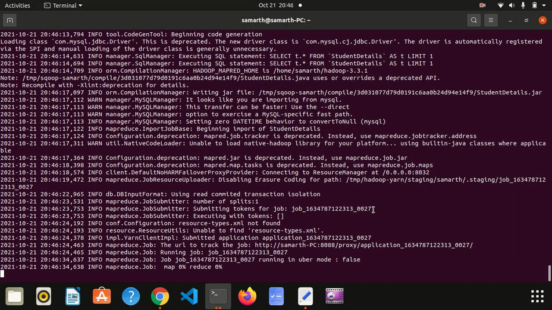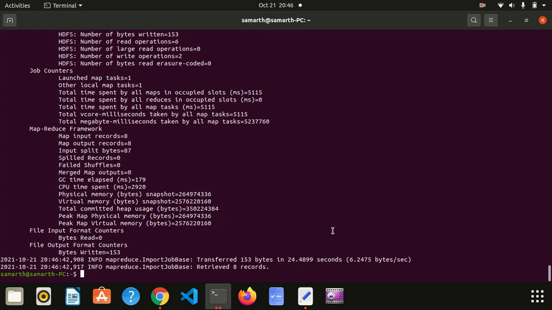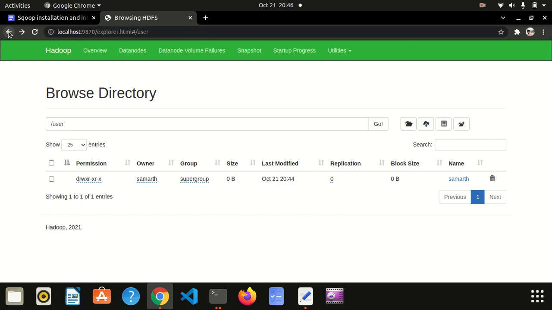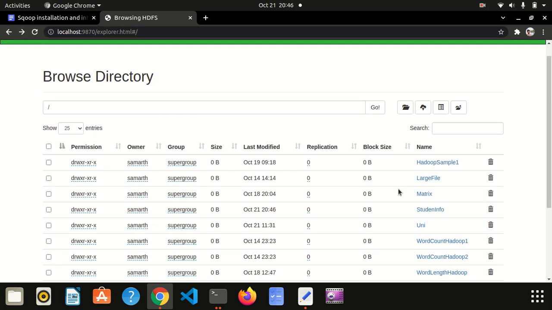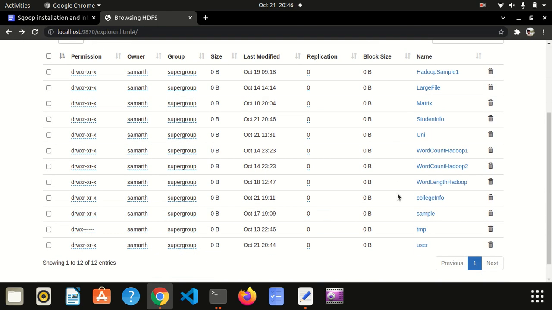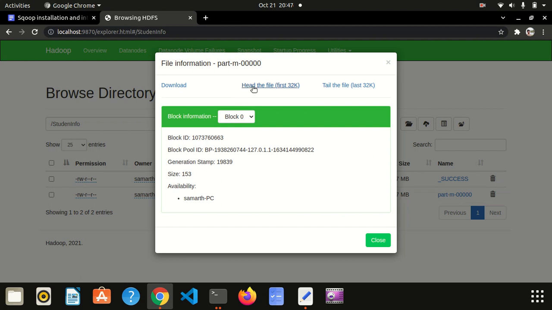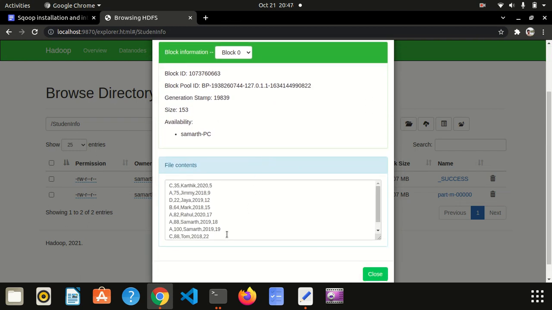Again it will perform the map function. Again it has retrieved 8 records. If I go to my localhost and check, student info has been created, and we can see only one part has been created, and all the records will be in this one part itself.